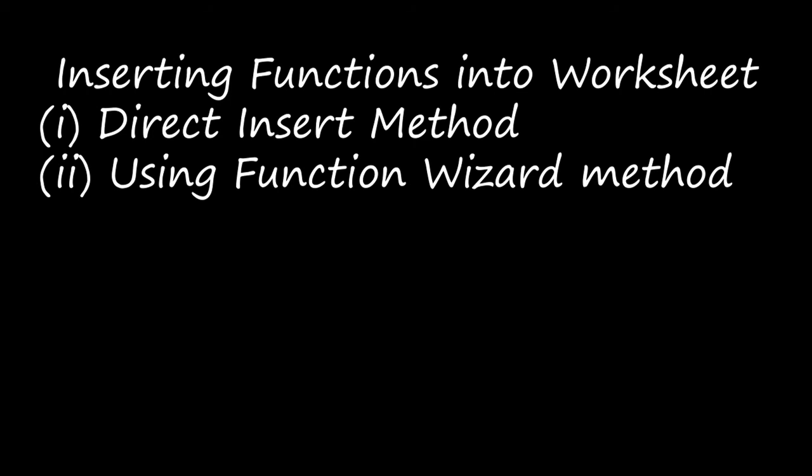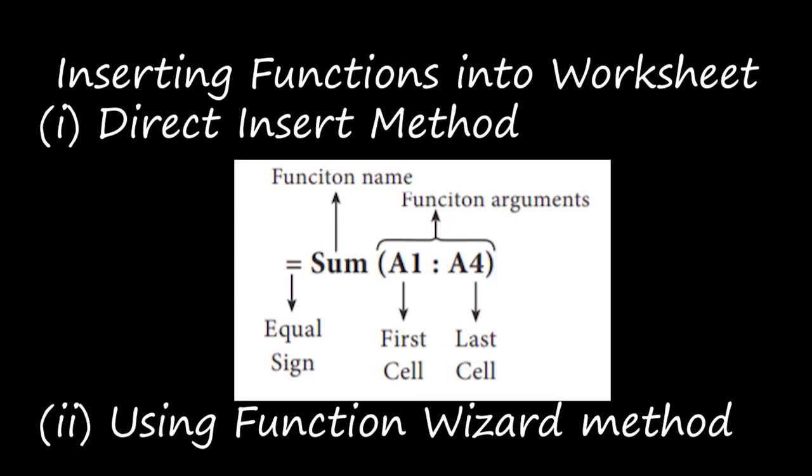This is like the formula only. If you want to get a total, or if you want to add up something, you can just use SUM and the particular range inside the bracket. Whichever range you give inside the bracket will be added together and displayed in that particular cell, right? We'll see an example.